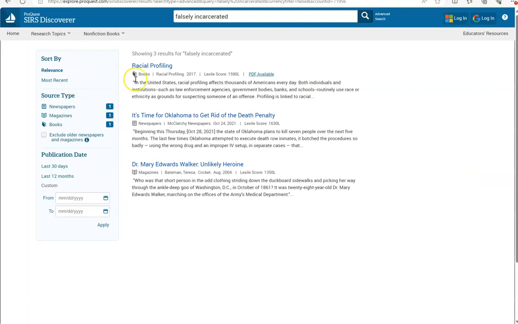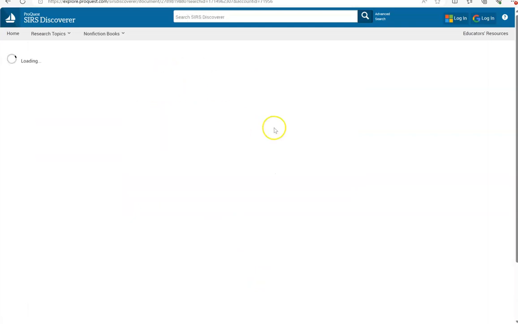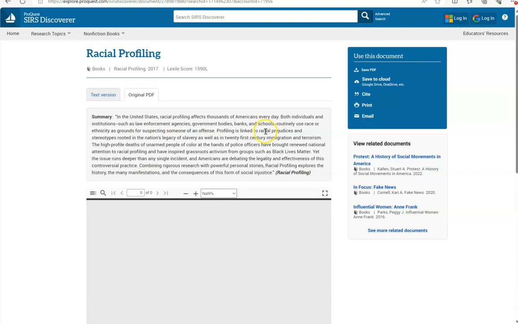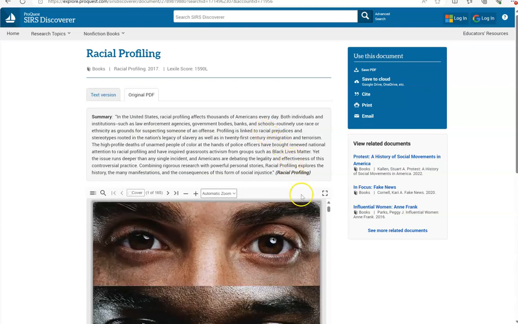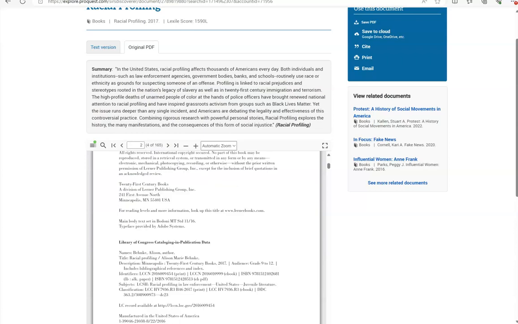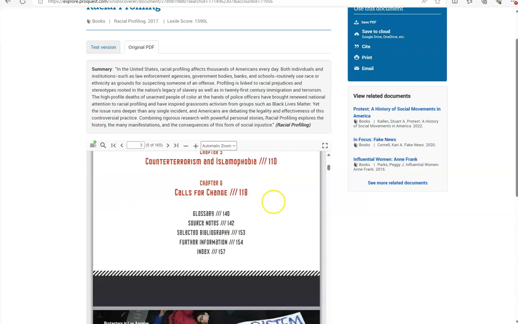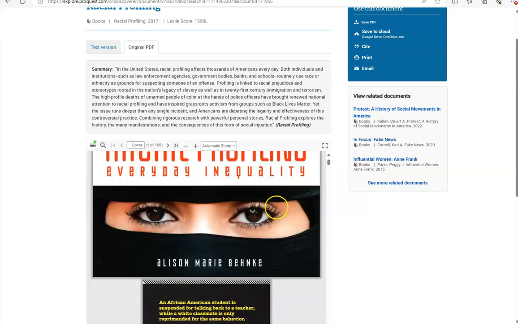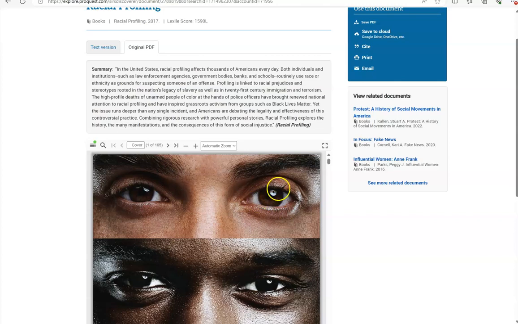And again, we have some things that could be useful. It gave us 3 different source types. There's a book on racial profiling. Maybe I want to go into this book and see some things that could be helpful. Now, it is a rather large book. It gives you a summary right here. And then you can go through the book, maybe use the table of contents to help you find the most important parts of what you need to find for your topics